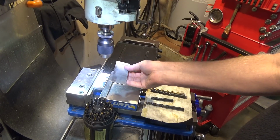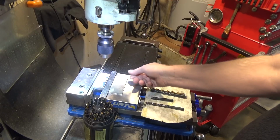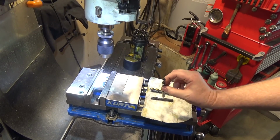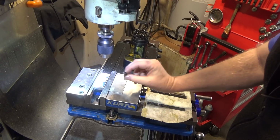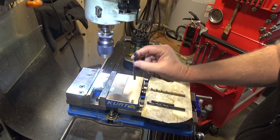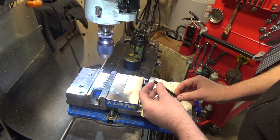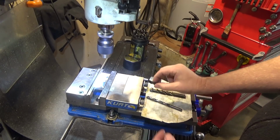Then also, before I leave here, this is a piece of 304 stainless, and I'm going to use each of these 4 drill bits to punch a hole in the 304 stainless, see how they perform. One thing to note is this guy is a split point bit, and all of these others are standard. I think the big difference between split point and other bits as far as manufacturing is concerned is that the split point bits require an extra grinding step at the end to make the center a point rather than...